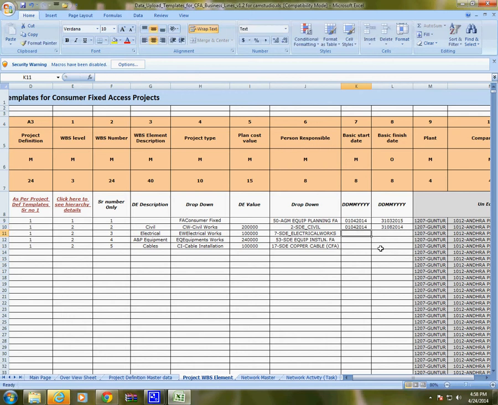So similarly electrical works can start only after finish of civil work.